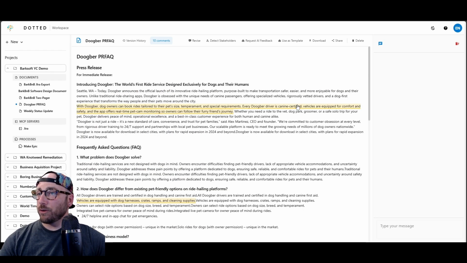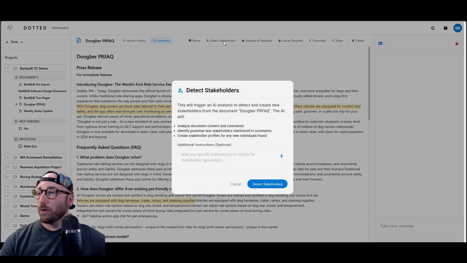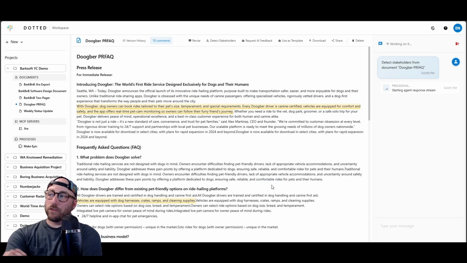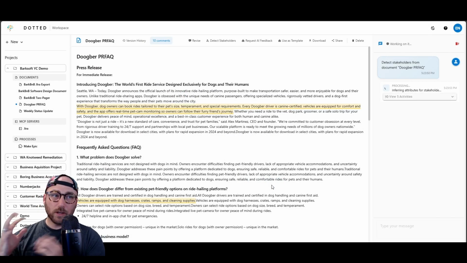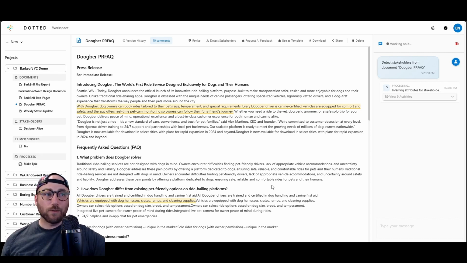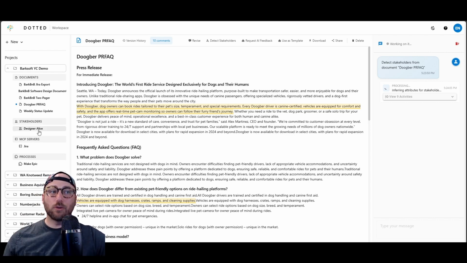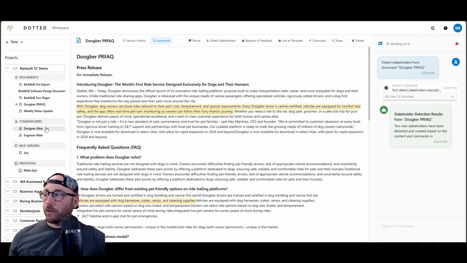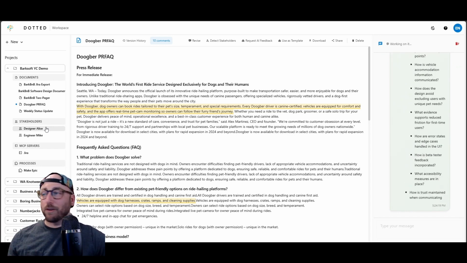So the first thing that we can do with Dotted is we're going to detect stakeholders. So what this is going to do is Dotted is going to do its best to look at this document, find any stakeholders who are mentioned in the text or who have put comments in. It's going to look at the context around the mention or the text of the comments themselves, and it's going to derive from that workplace persona and a psychographic profile of this person. That's going to be useful for us in our ability to think about what we need to do to get to yes with that person and think about their needs. You can also use these stakeholders to manage your compliance and lots of other kinds of things, but this is